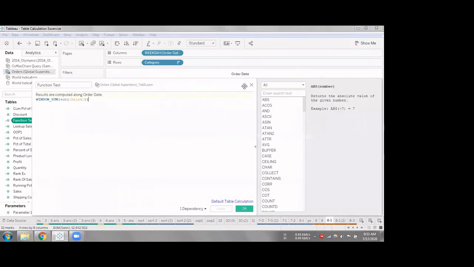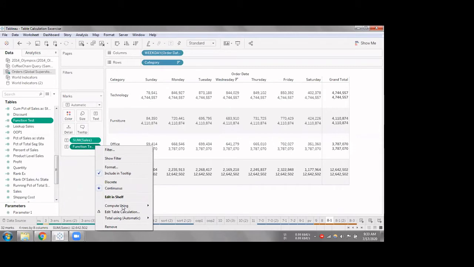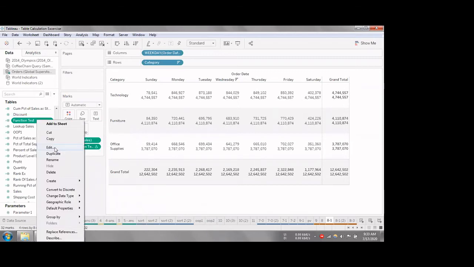So this one that you calculated, you used pane, is it? The table across, right? Yes, both are actually the same. Since we have a table, if I do order date or table across based on the current view, it's the same. Even if I change it to table across, the values didn't change. Okay, got it.